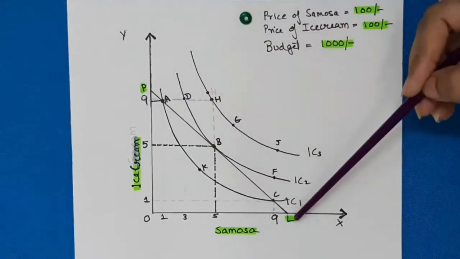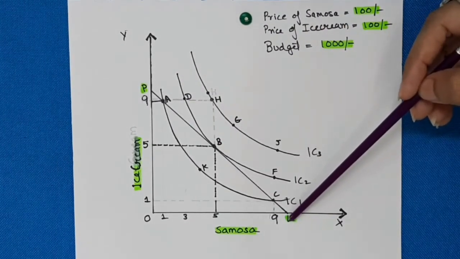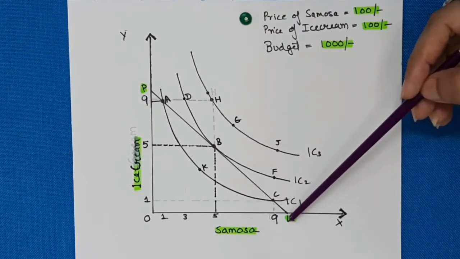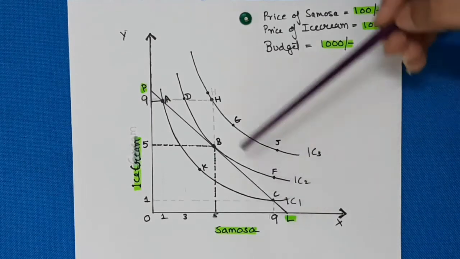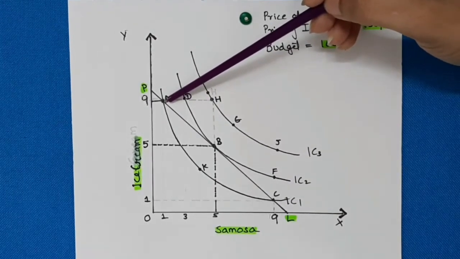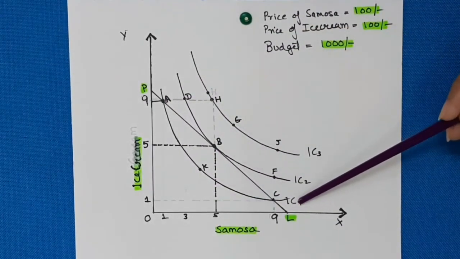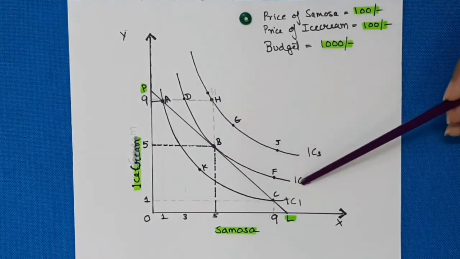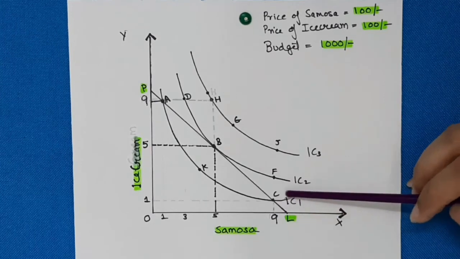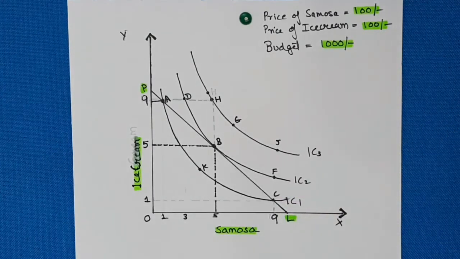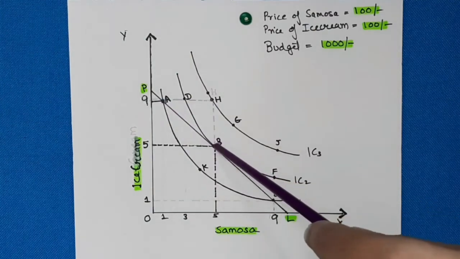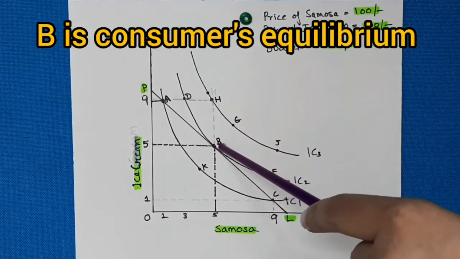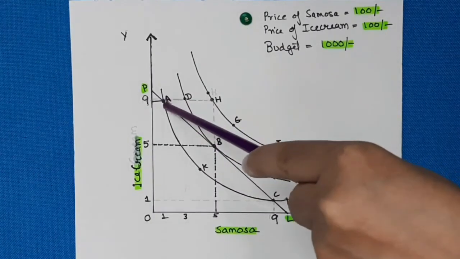Now out of these A, B and C, which point would you choose? If you're a rational person, which combination would you choose? Definitely you would try to maximize your benefit or utility from this consumption. So first you will see that if you choose point A, you will be on the lower indifference curve, IC1. If you choose point B, you are on the higher indifference curve, IC2. If you choose point C, you are again on the lower indifference curve, which is IC1. So out of these three combinations, if you are a utility maximizer, you definitely want to achieve point B, which is on the same budget line as A or C.